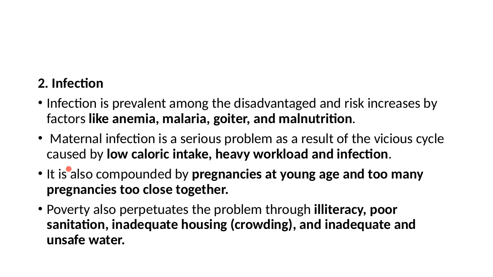And infection is prevalent among the disadvantaged, and risk increases by factors like anemia, malaria, goiter, and malnutrition. Who is among the people that are normally disadvantaged? These are people that are at marginalized, underdeveloped areas where we don't have enough food, we don't have enough health facilities. We don't have enough health staff that we need in order to prevent these mothers from a lot